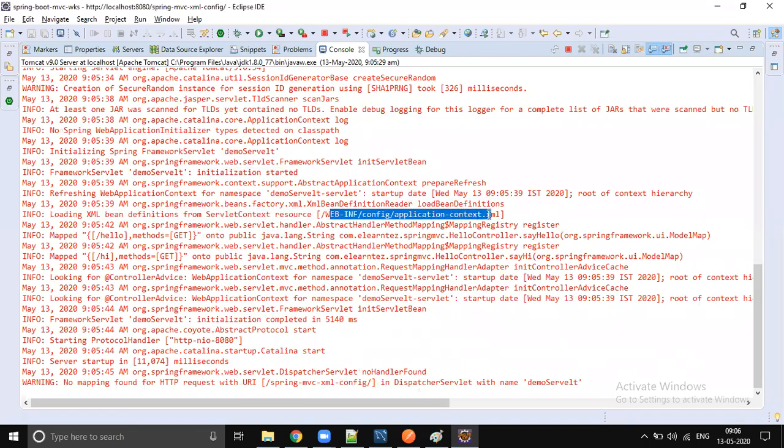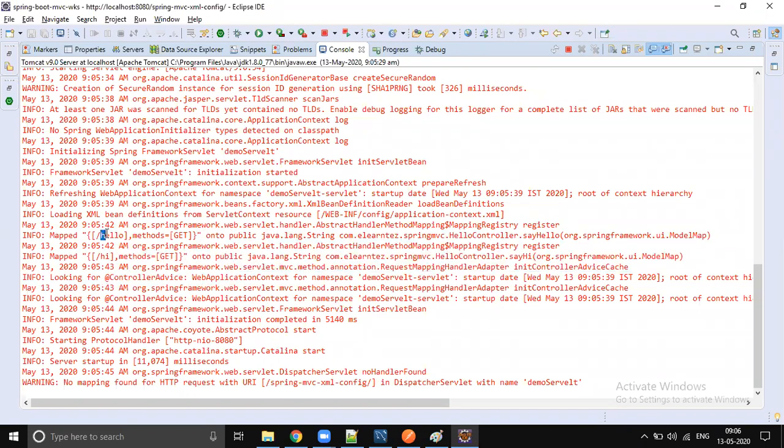As part of the XML configuration, it registers what controller, what the URL pattern is. There are so many things registered here: URL pattern, the controller, the method, everything. And finally it takes care of the view resolver also, it loads the view resolver.